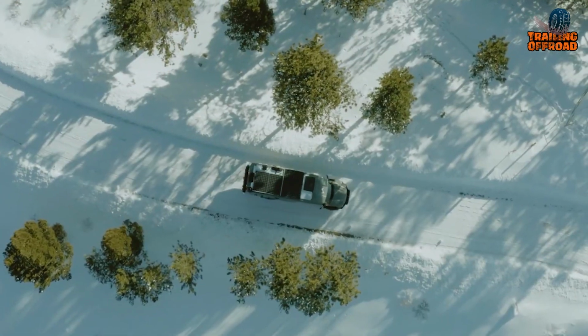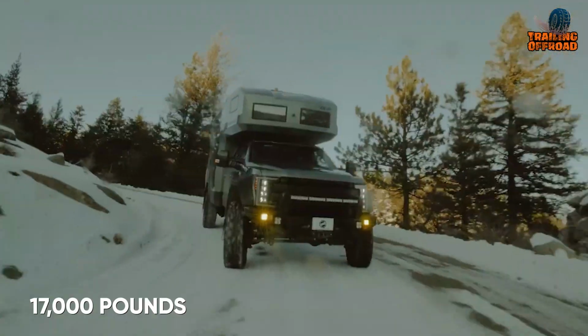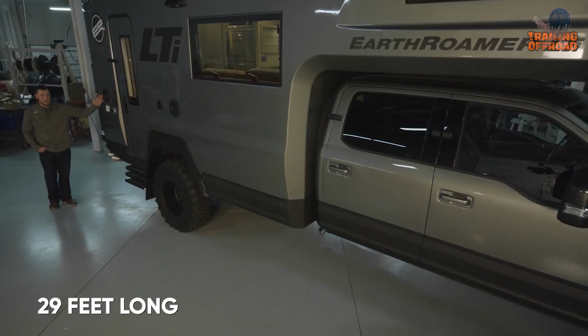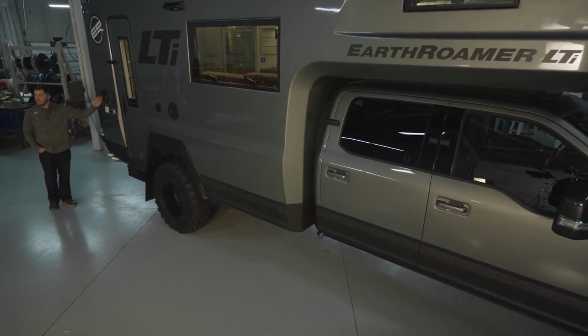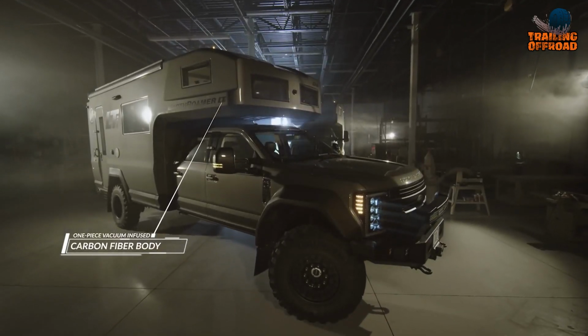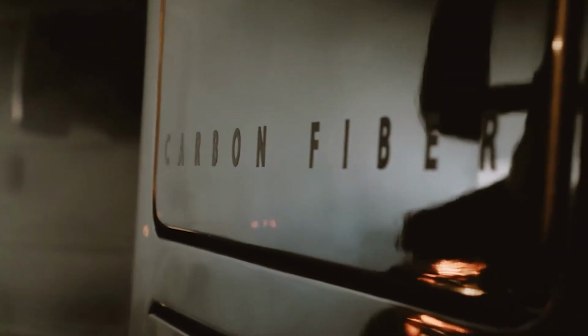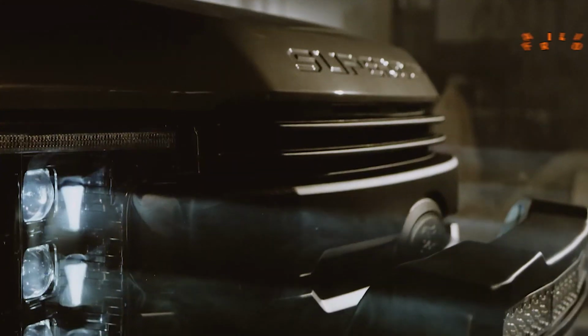First, we look at its design. It's huge. On paper, it weighs 17,000 pounds and measures 29 feet long, and we think parking the vehicle wouldn't be that easy with this one. Its body is constructed from vacuum-infused carbon fiber, which is lightweight and strong. It obviously gave a premium look, but the purpose of using carbon fiber actually wasn't served, which we'll talk about